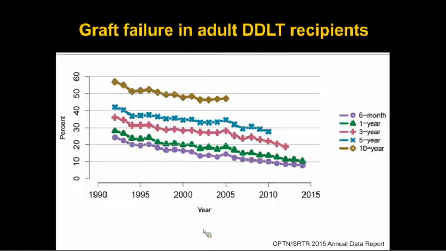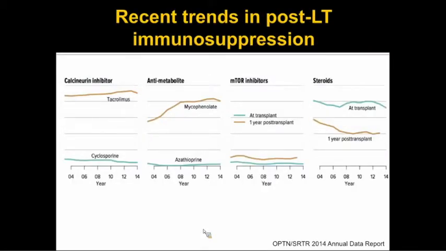So overall, what is this telling us? Certainly the liver is more tolerant of immune-mediated injury than other solid organs. And in general, we all know that the requirement for immunosuppression does decrease after the first year post-transplant. Currently, looking at what's being done in the most recent decade of reported data, calcineurin inhibitors, in particular tacrolimus, still remain the backbone of immunosuppression. But even from this data, you can see that the use of steroids is decreasing, and there's more reliance on MMF.